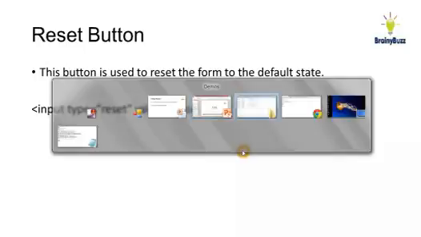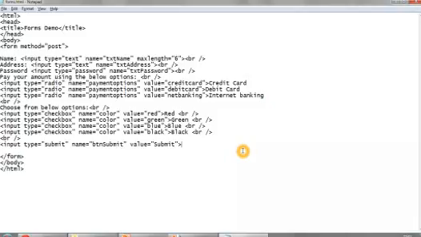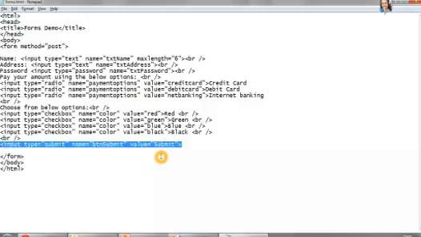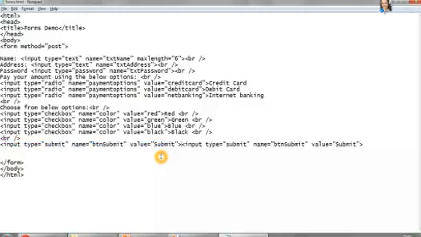The reset button is basically used to reset your page. Like if you have entered some values in your text boxes or you have selected some values in the checkbox or radio boxes, but sometimes you feel that you have entered the wrong value, so instead of removing each and every value from the text boxes, you just click on the reset button. The reset button will just reset your page to the original state it was in. So for this reset button we use the type as reset.